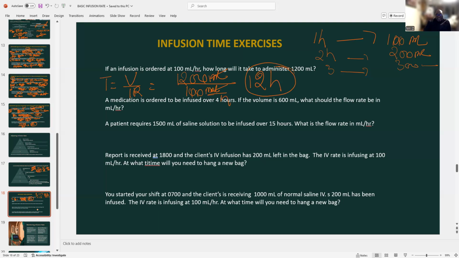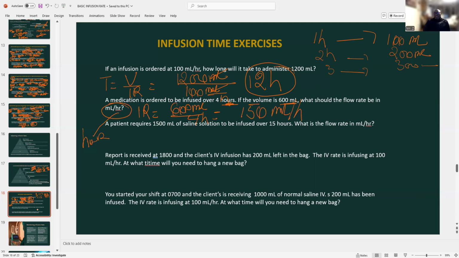A medication is ordered to be infused over 4 hours. If the volume is 600 milliliter, what should be the flow rate in milliliter per hour? So your flow rate, which is infusion rate, is going to be 600 milliliter divided by what time? By 4 hours. Why am I using 4 hours? Because it's milliliter per hour. Your time right there must be in hours. So when you do 600 divided by 4, then you will have 150